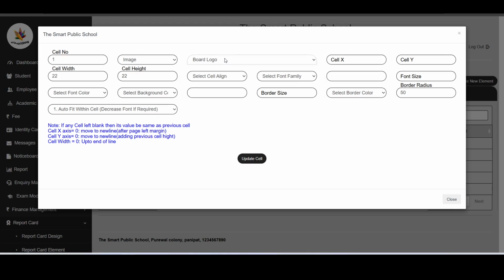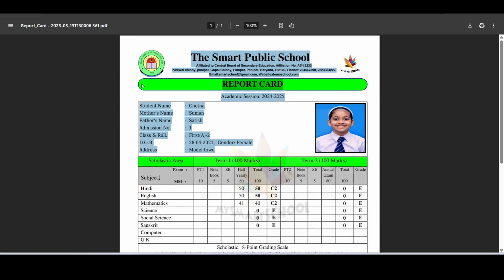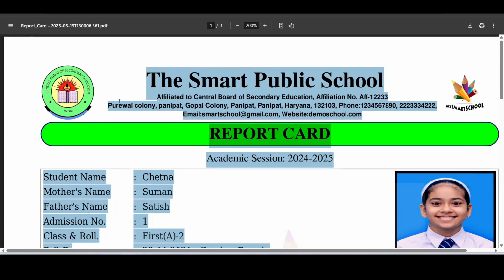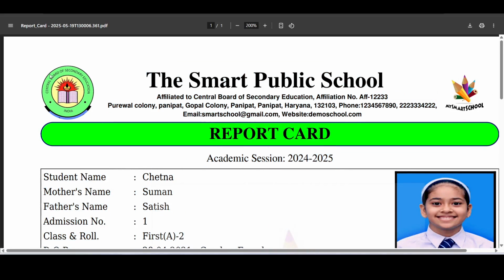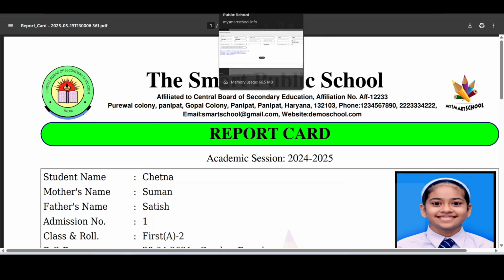Here this is a CBSE logo, and the right side is a school logo, but some schools want the school logo here and the board logo on this side. So you can swap them also, and make your own element.